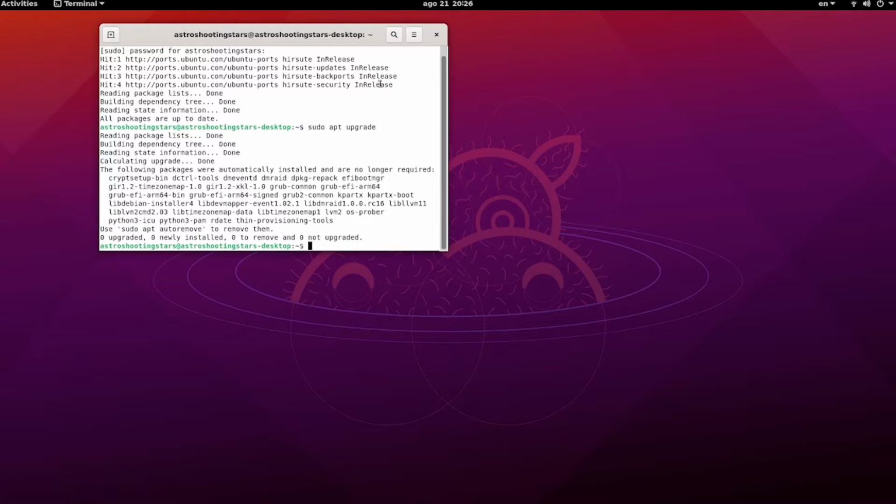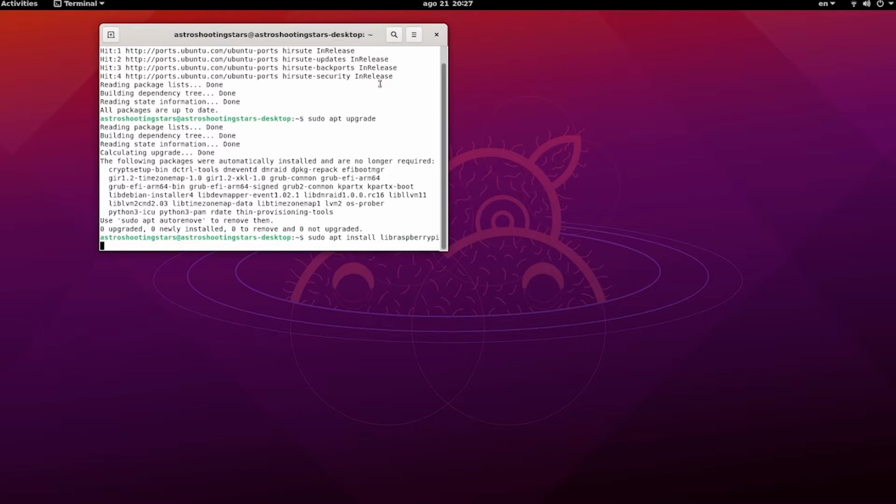So the next thing that we need to do here is to install the Raspberry Pi library. This we can do by putting another command which is sudo apt install libraspberrypi-bin. This will install all the Raspberry Pi related libraries on your Ubuntu Raspberry Pi version. Once it is installed,